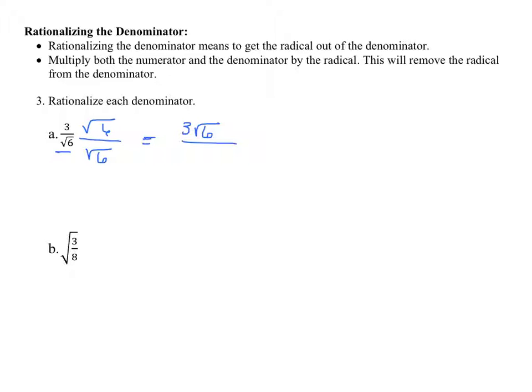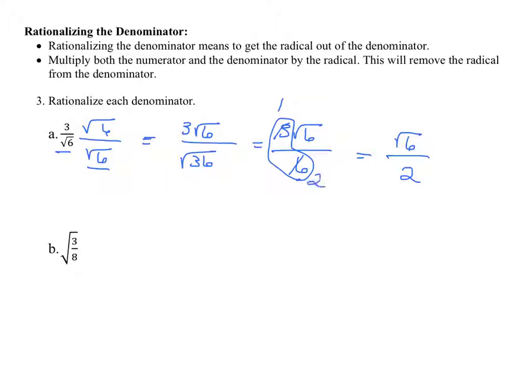And then if I multiply my bottoms, I'll get 6 times 6 is 36, square root of 36. So that's just 6. And now they still have whole numbers in front, and we just reduce those. Square root of 6 over 2, because 3 goes into 3 once, 3 goes into 6 twice. So there. And now notice that there's no longer a square root in the denominator, so we're really super psyched. Next,